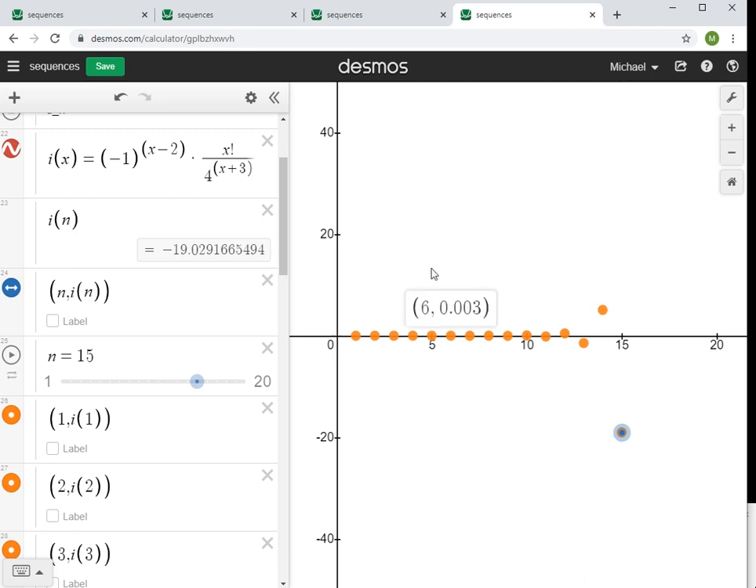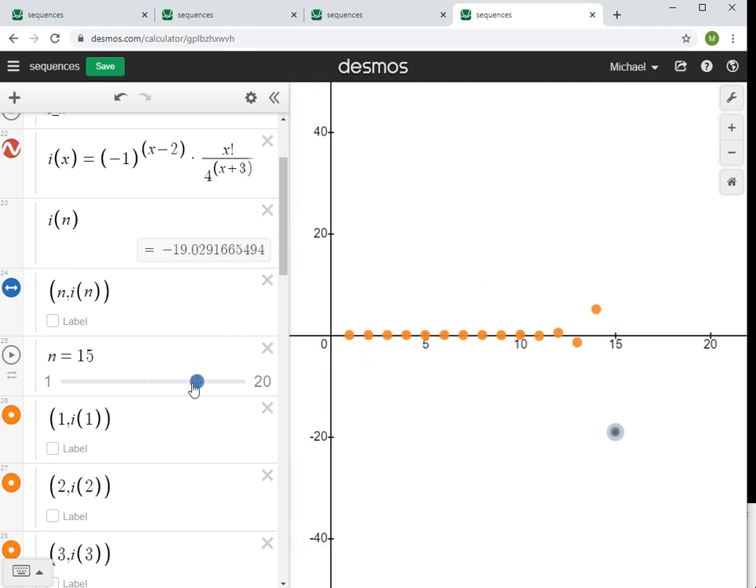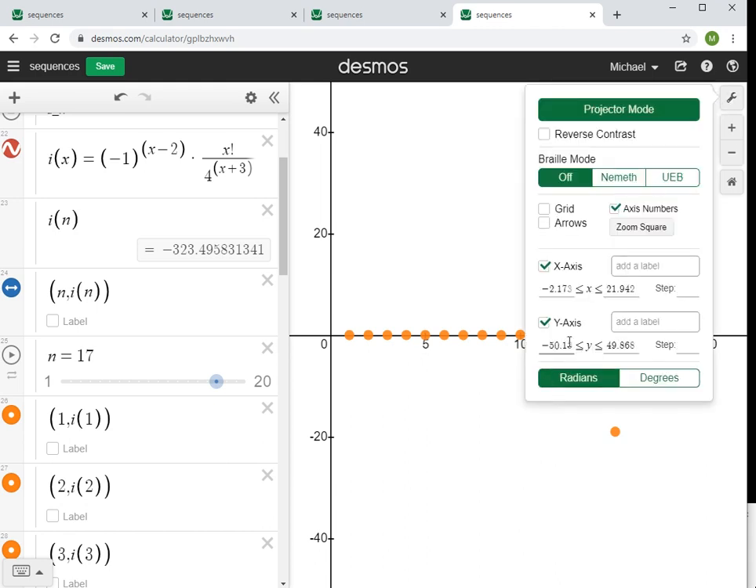I can see that, yeah, there's definitely more fluctuation. Now I'm down here at -19. So it seems that that fluctuation is becoming even more pronounced. Then it goes to 76, -323. So if I zoom, say, way out here,